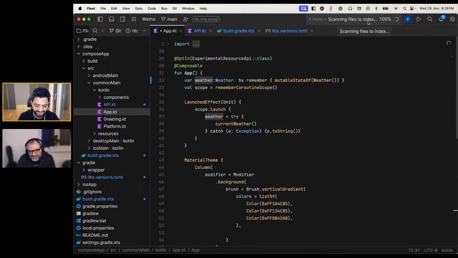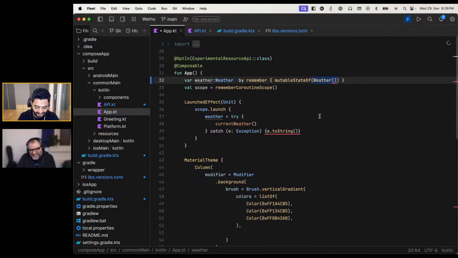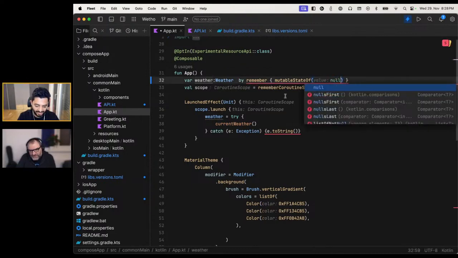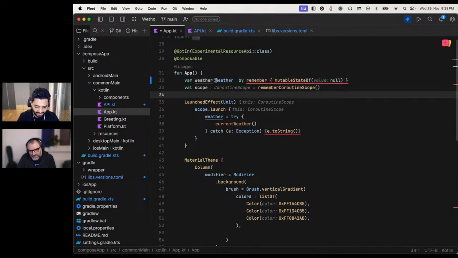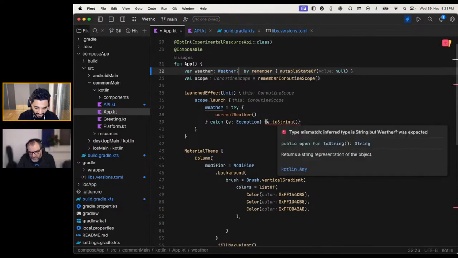I will give this another chance in this editor, but I don't like it. It's still in beta or alpha. Yeah, and you see here, can we say this is null? Can it be nullable? Yeah, like this. Nice. And then in case of exception,